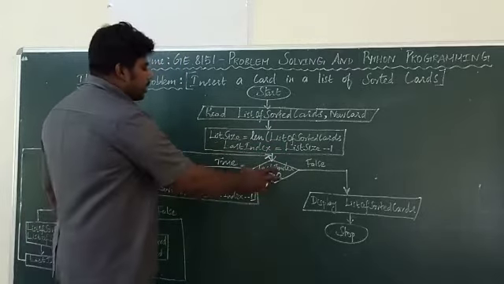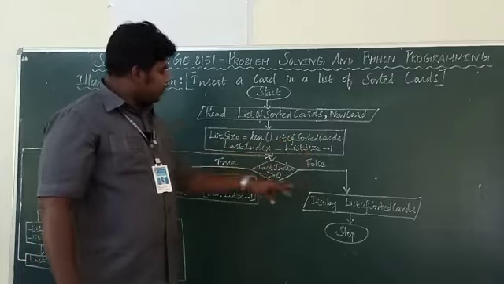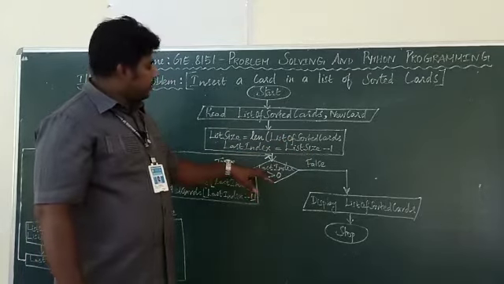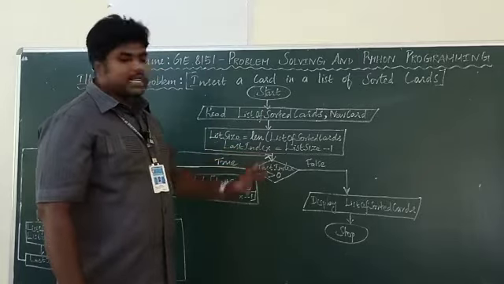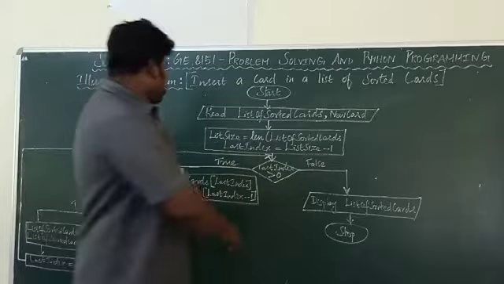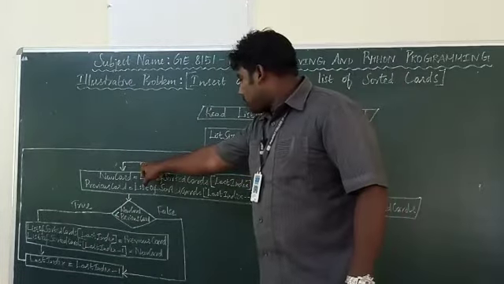Here we are going to check a loop. Here last index equal to one value you will get. That particular value is greater than 0. We are checking a while loop, whether the last index is greater than 0. Yes, it is greater than 0. So if the condition is true, it will come here.